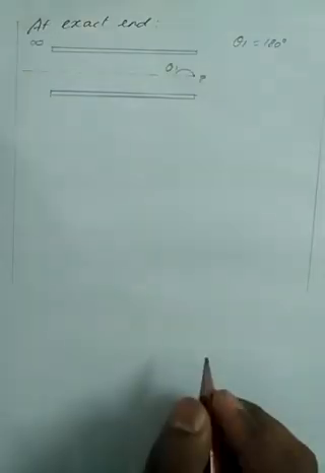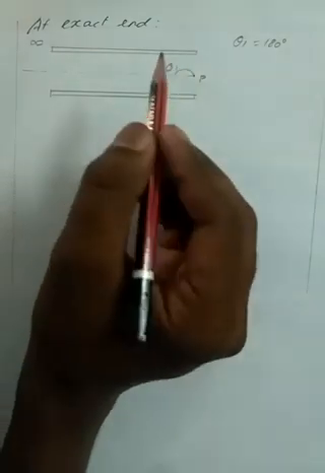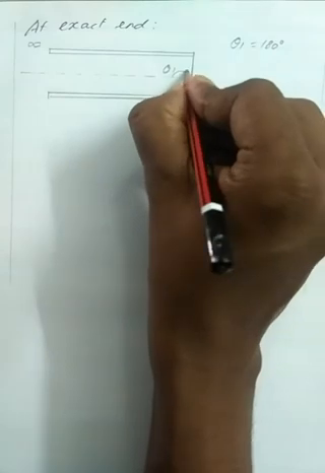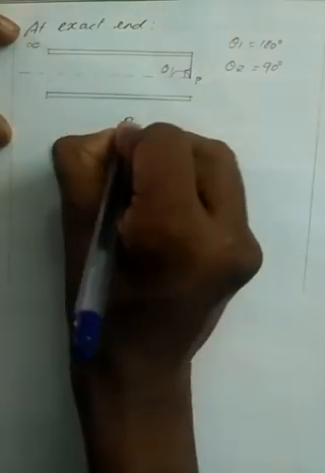Then what is my theta 2? If this is theta 1, what is theta 2? I have to join the point P with the right end of the solenoid. Initially theta 1 was for the left end of the solenoid and theta 2 for the right end. Which is my right end? This is my right end. If I join point P with the right end, what will be my angle? My angle will be exactly equal to 90 degrees, right? So theta 2 will be equal to 90 degrees. Now substitute the value. B equals mu naught Ni divided by 2 times (cos theta 1 minus cos theta 2).